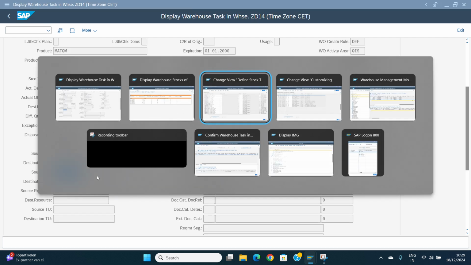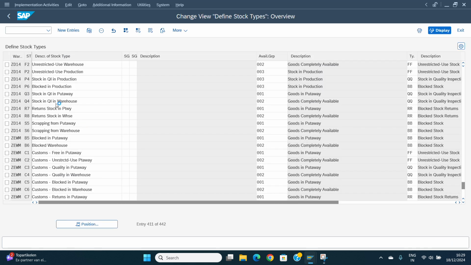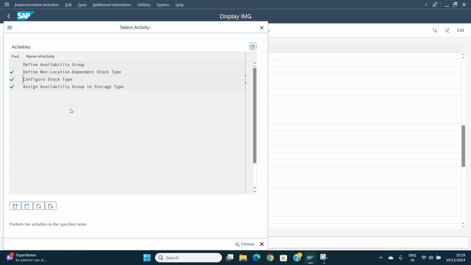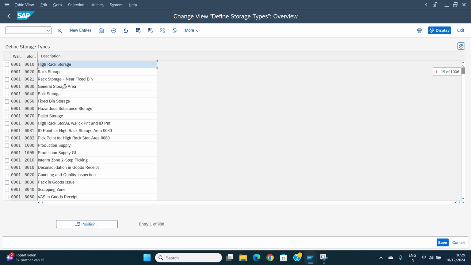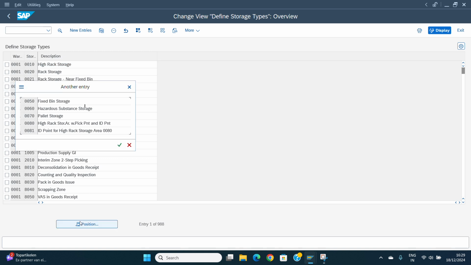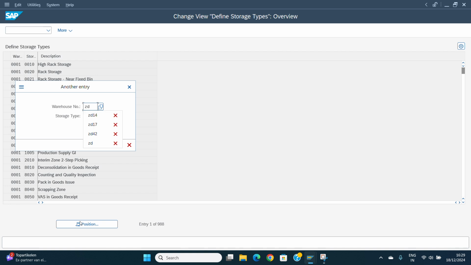Now you will see that not always are the storage types mapped with the availability group. And the reason behind that is because you might have three different storage locations from where you will do the picking, but ultimately they are processed at one work center, and you do not want to map the work center with any particular storage availability group, because the stock has to be linked to its original storage location, because when